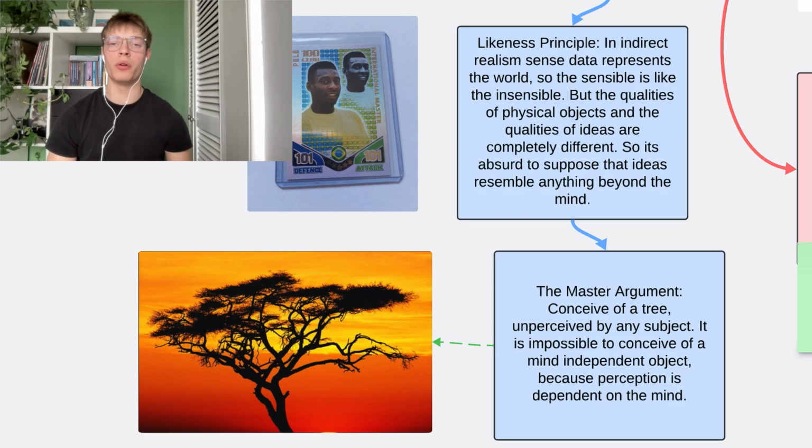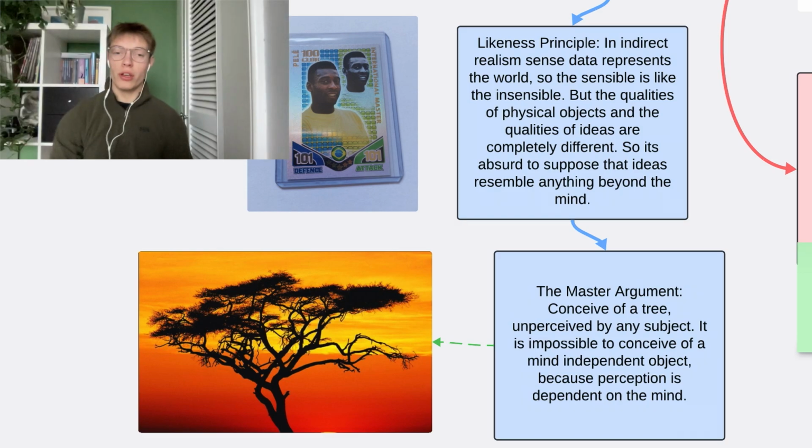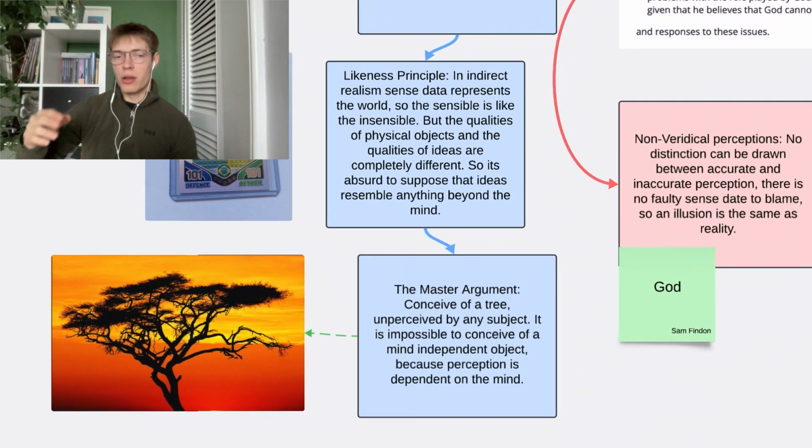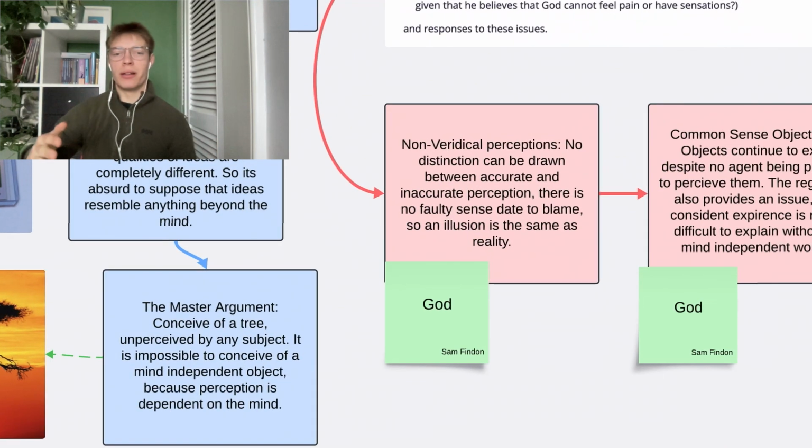Next, we move on to the criticisms. The first criticism of idealism is non-veridical perceptions. If you are familiar with direct realism, you will know these criticisms. You can just explain them in the same way you would explain them for direct realism. These are things like perceptual variation, hallucination, and illusion. These are a problem for idealism because there seems to be no account for why, because all perception is mind dependent,